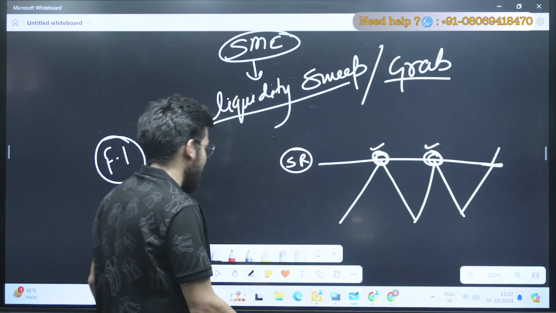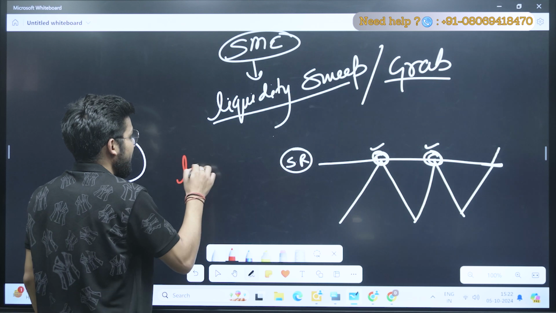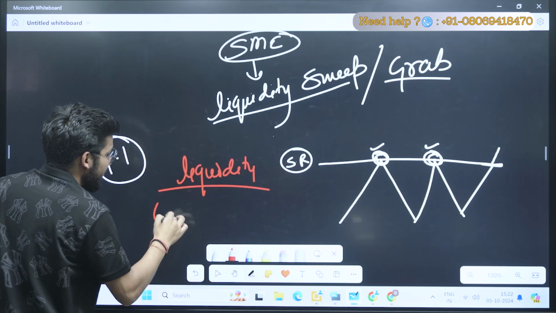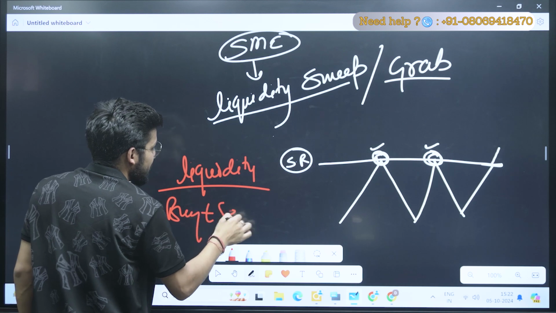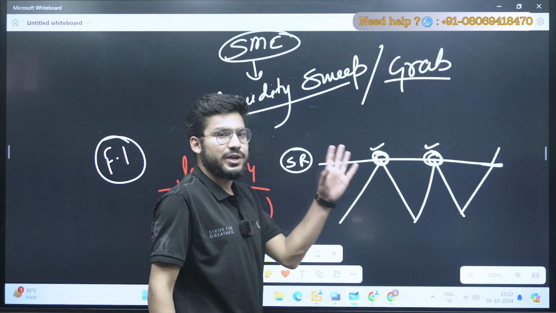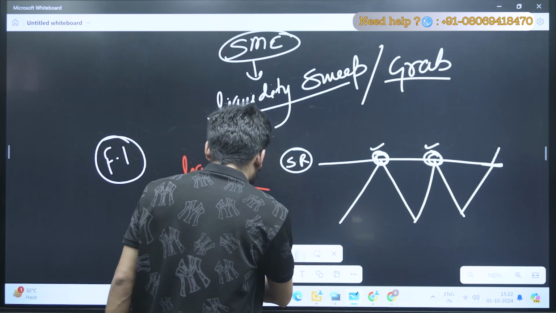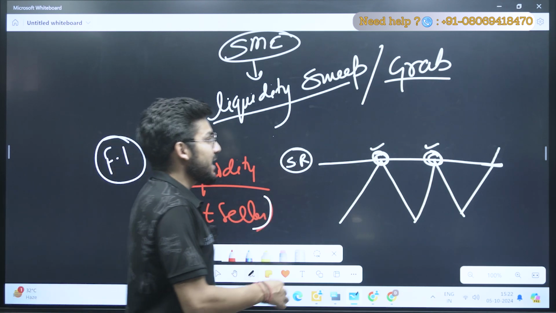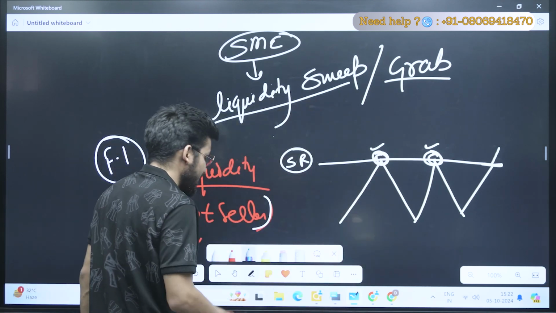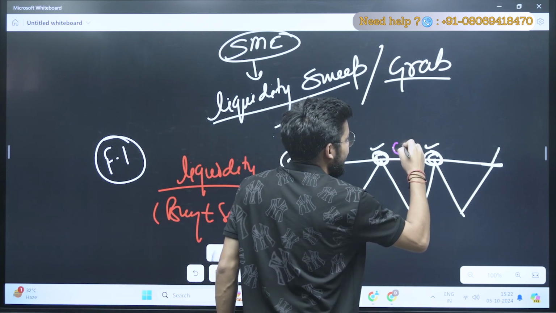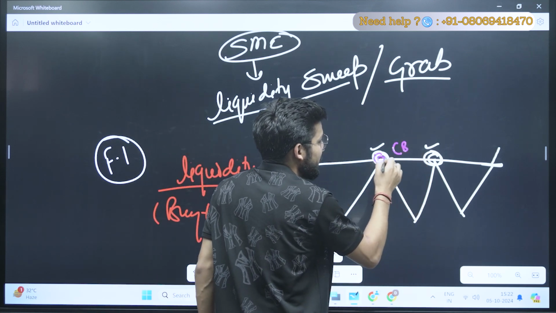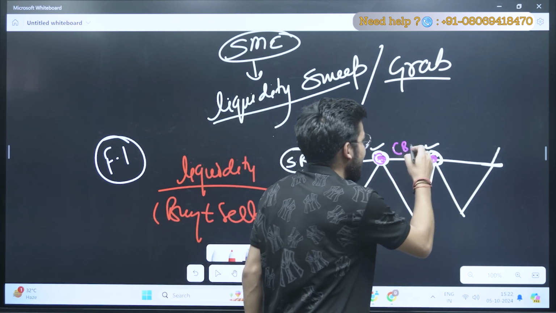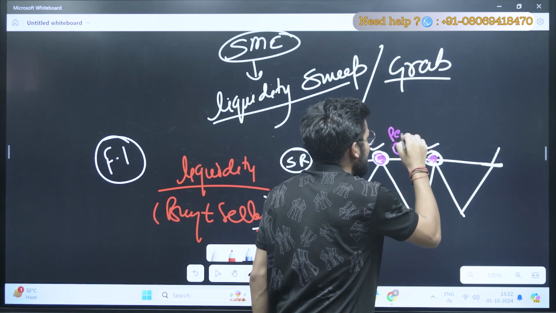And now what is liquidity? So I'll clear that also, right? So liquidity means the area where there are so many buyers and sellers, right? So this is, you can say, a point of interest also, where there are so many buyers and sellers sitting here, right? There must be some traders who are initiating their trade, because they know from this point the market is getting rejected again and again, so they must be ready to take a put buying from this position, right?